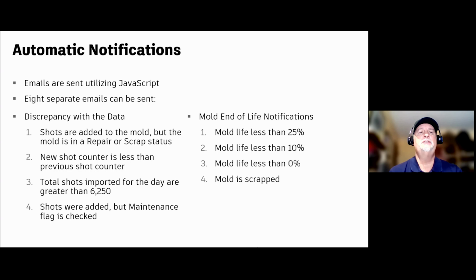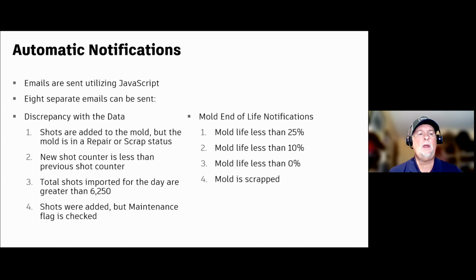Our planners are especially interested in this information because based upon that information, they can plan on building a duplicate mold or getting ready to retire a mold, or look at a mold that's at zero life and determine, are the parts that it's making still meeting spec? Is it conceivable that we could extend the life of that mold? It happens many times that the answer to that is yes, and we can extend the life of that mold further.